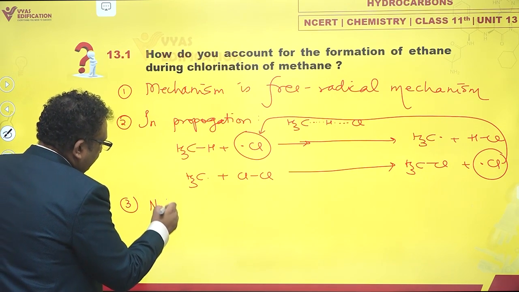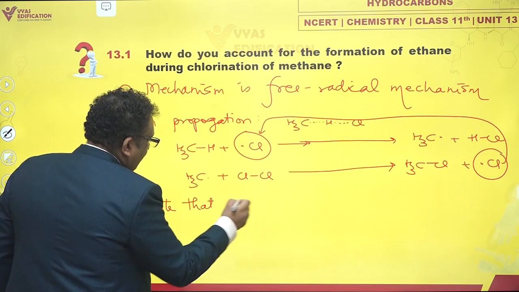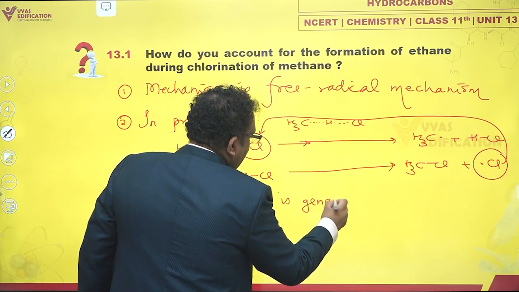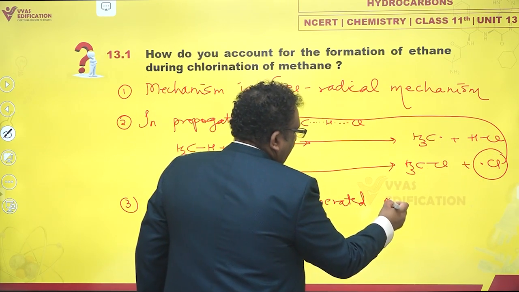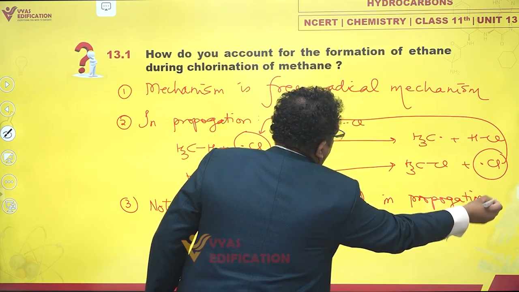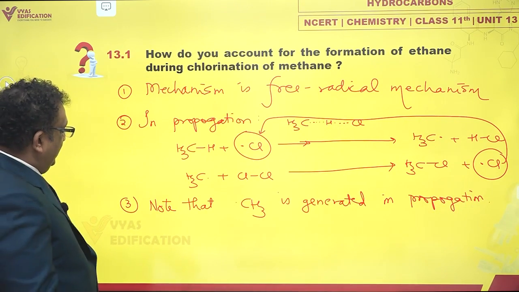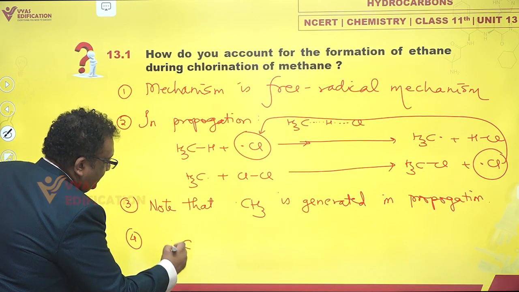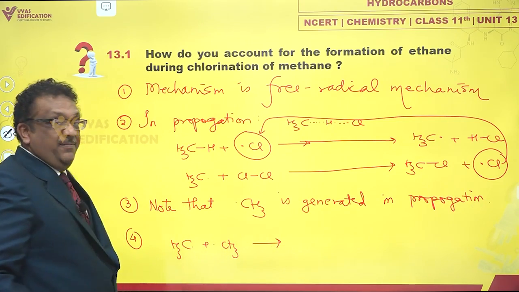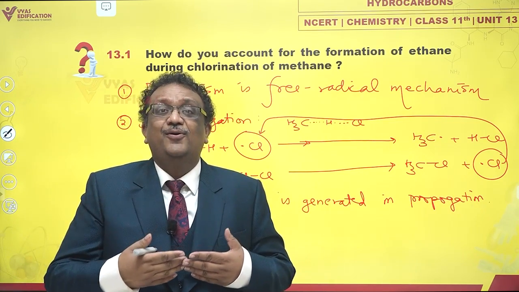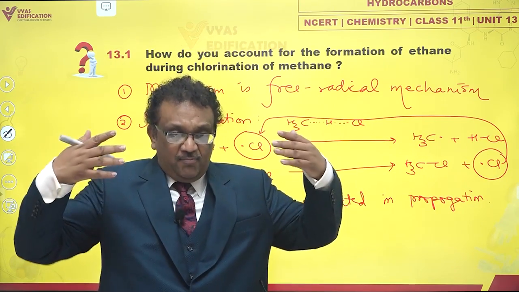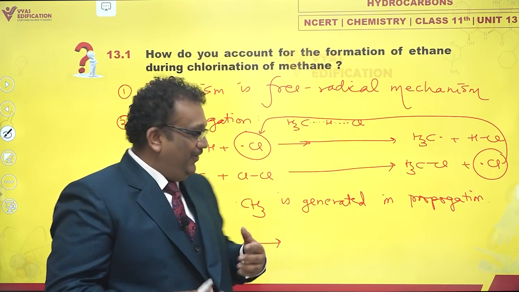Note that methyl radical is generated in propagation, right? And then what happens? During termination reactions, there is a probability that 2 methyl radicals may just come across each other, and the moment they face each other, lovingly they can form